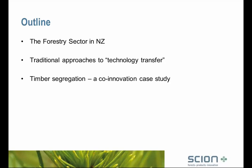And then in that first half, I'm also going to talk a little bit about how researchers have interacted with the industry in the past and what in a way has been our traditional approach to what I've called technology transfer. And then in the second part, I'm going to give a very quick overview of the